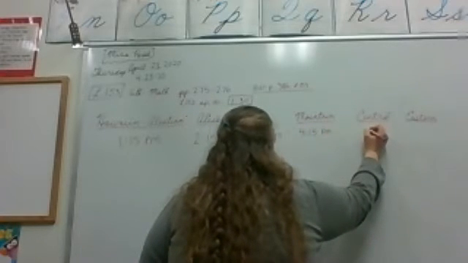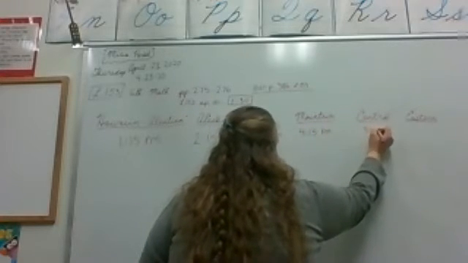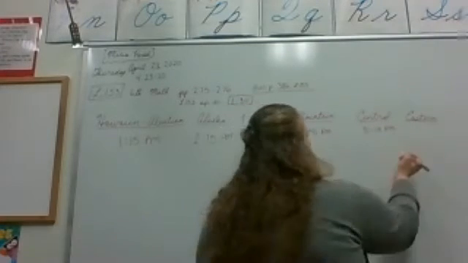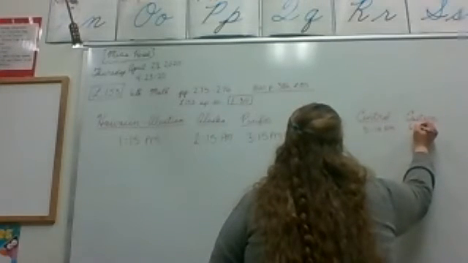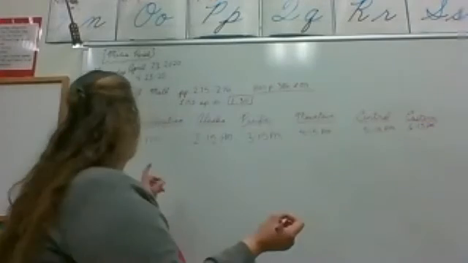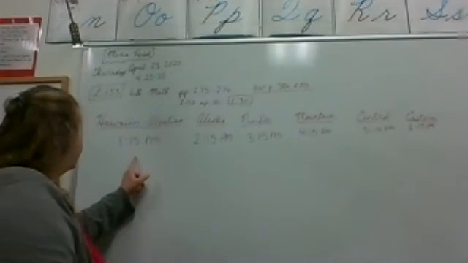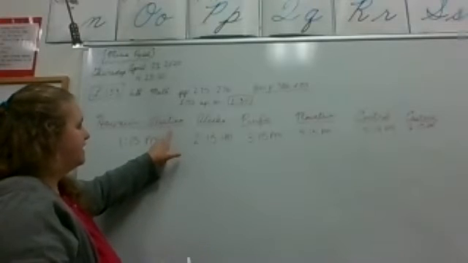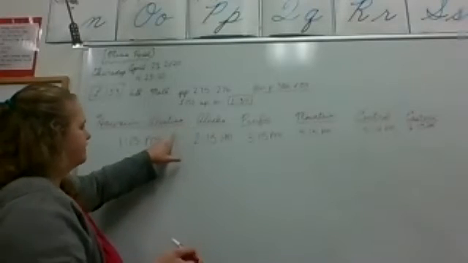What time was Central? 5:15. And Eastern would be 6:15. So at 1:15 in Hawaii and the Aleutian Islands, which are southwest of Alaska,